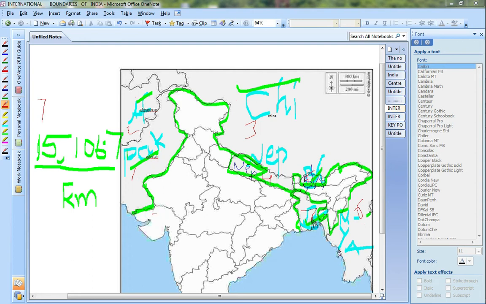Now we are going to discuss which states are sharing land boundaries with our neighborhood countries, right? We are starting from Gujarat, Rajasthan, Punjab, Himachal Pradesh, Uttarakhand, Uttar Pradesh, Bihar, West Bengal. West Bengal is also known as the chicken neck of India, and Sikkim,